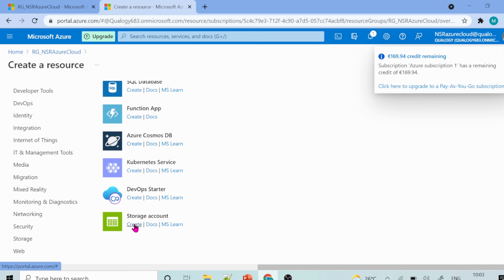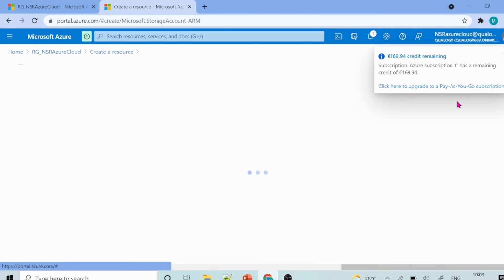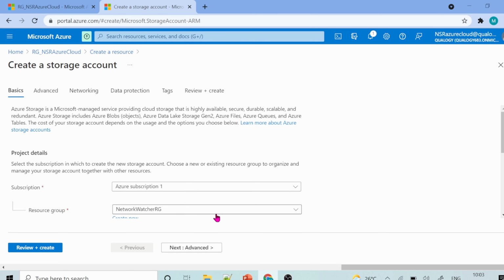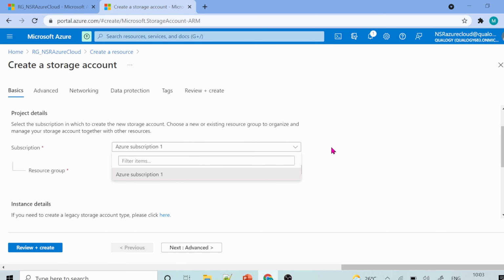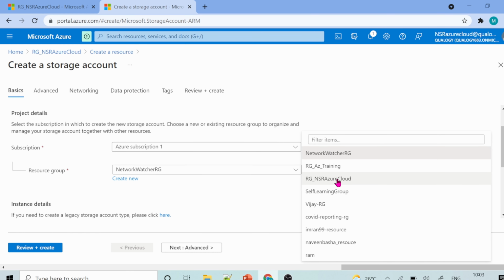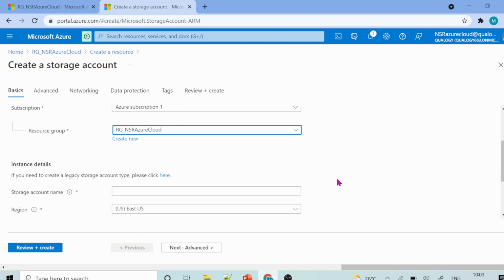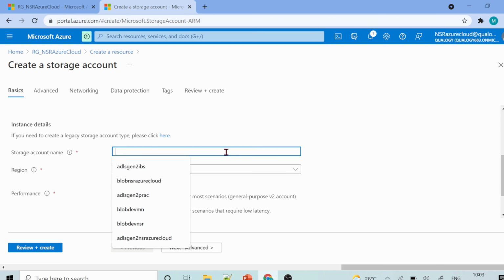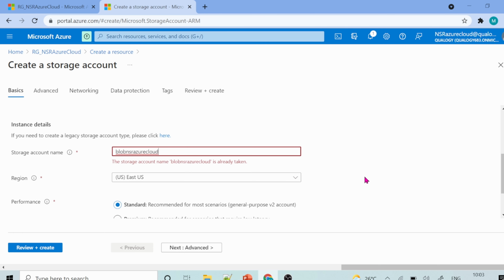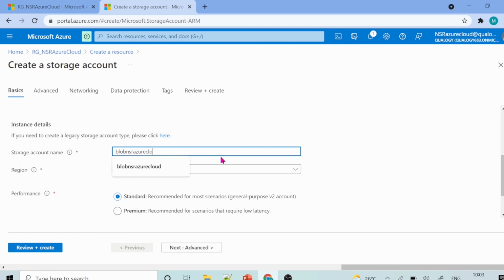Just click on the create option. Give the subscription, which is the Azure subscription, and this is the resource group which I created earlier. Let me give a name, blob NSR Azure Cloud. It is already taken, so let's use this one.